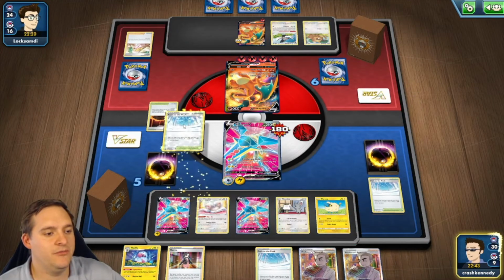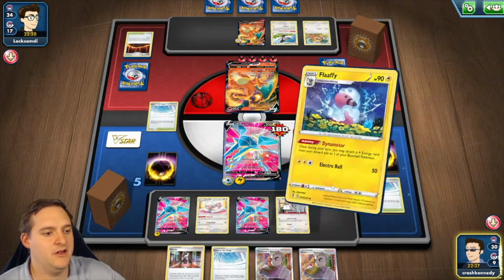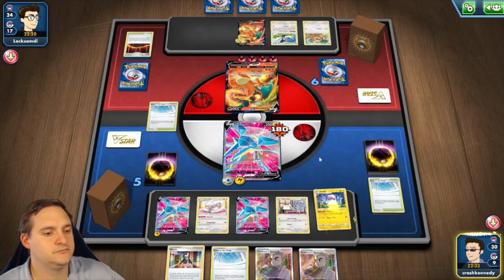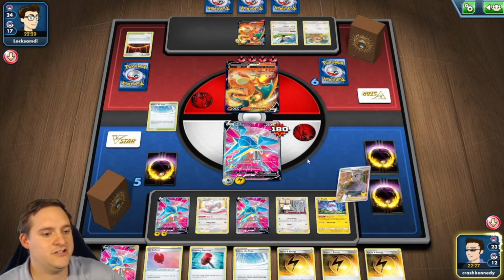Let's throw down another path. Throw down Flaaffy. And go ahead and Dynamotor. And let's research the rest of this hand away. So I think I'm going to be looking for energy plus...